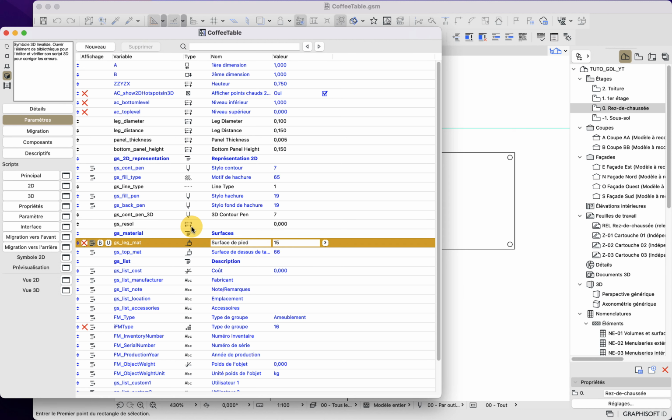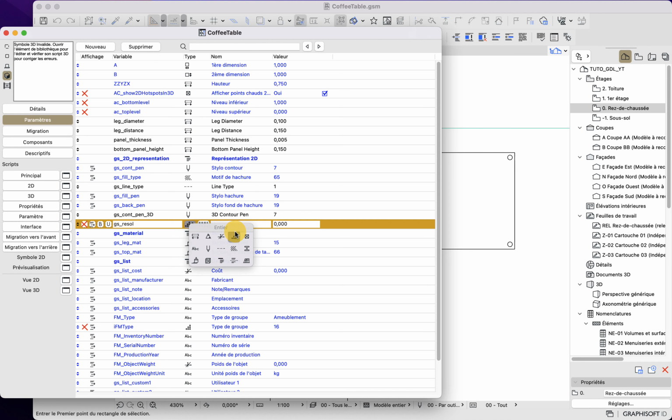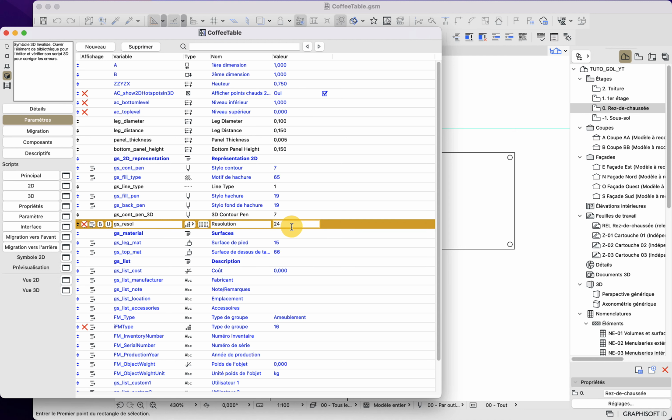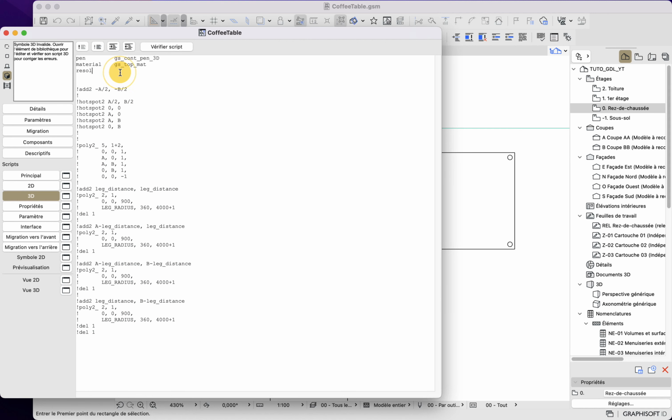This is an integer parameter, and I will call it resolution. Basically, it is usually a multiple of 3 or 6, even better, and it will simply tell ArchiCAD the number of faces per curve. So if I do a cylinder, I will only have 24 faces with this parameter. Let me fill it with GS resolve like this.